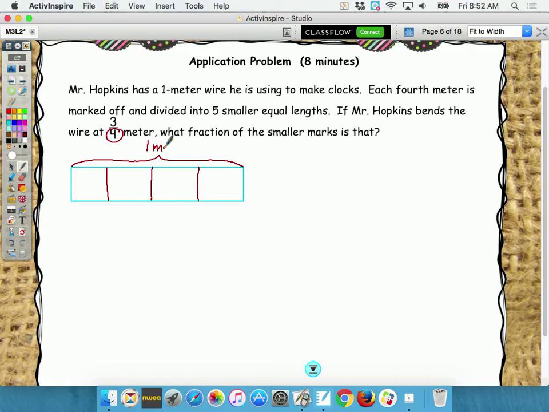And now it says each fourth meter is marked off and divided into 5 smaller equal units. So inside of each of these, and I think I'm going to change my color just so you can see